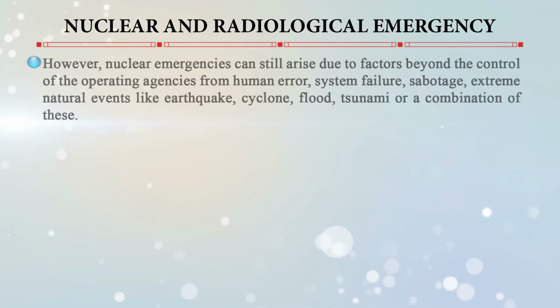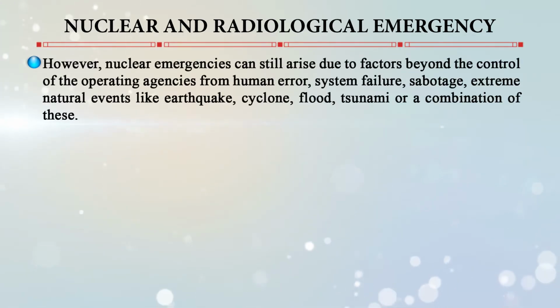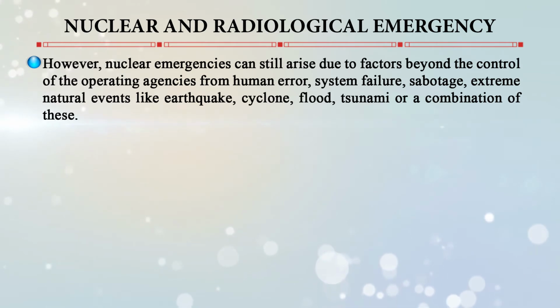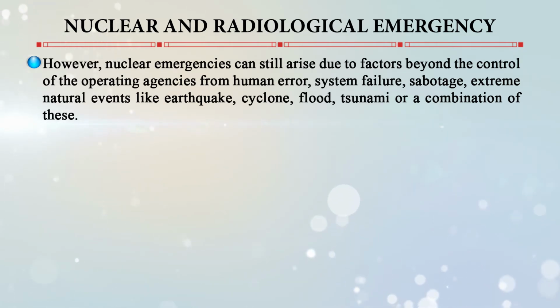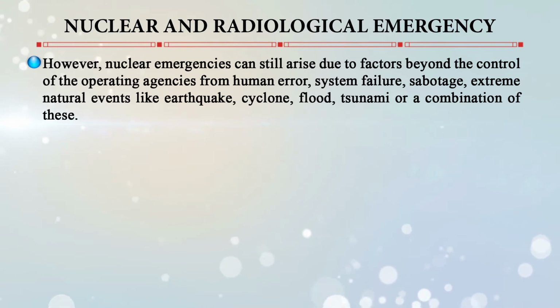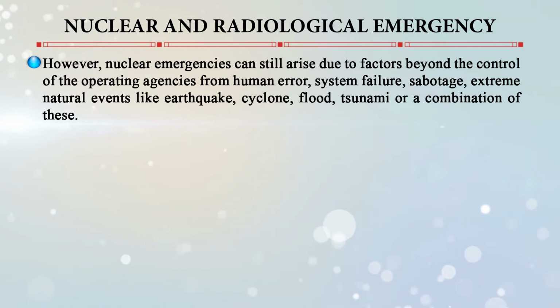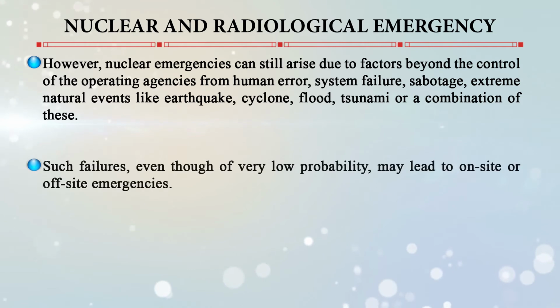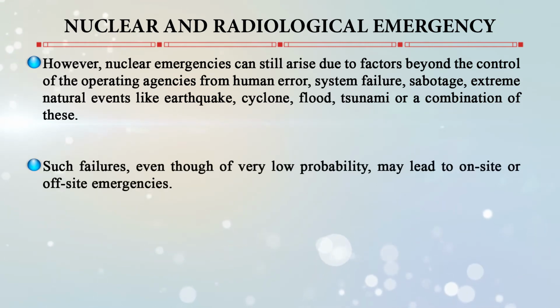All the organizations dealing with nuclear and radiological material have an inherent culture of safety. They need to see that all the protocols are being followed. They need to follow the best safety practices in the sector and apply the highest standards to ensure minimum risk. However, nuclear emergencies can still arise due to factors beyond the control of the operating agencies: human error, system failure, sabotage, extreme natural events like earthquake, flood, tsunami, or a combination of these. Such failures, even though of very low probability, may lead to on-site or off-site emergencies. To counter this,